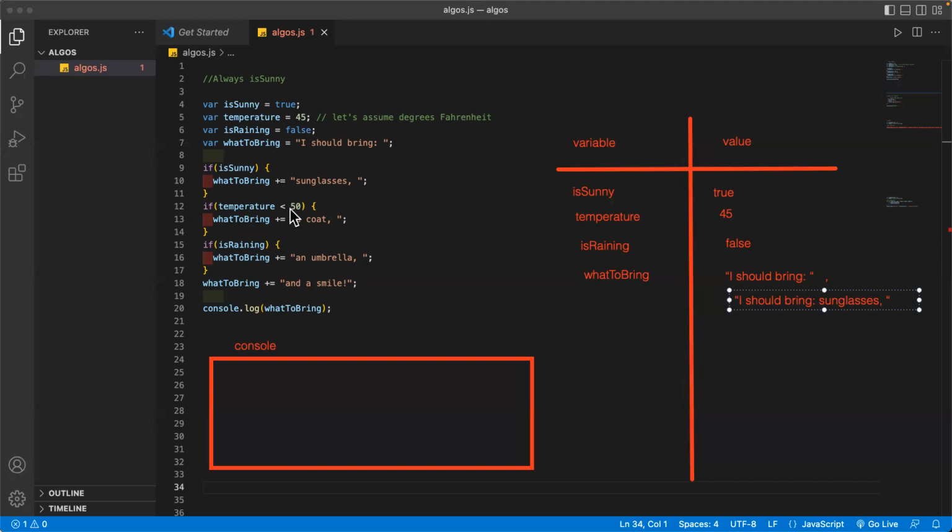All right. So let's check what is temperature right now? It is 45. Yep. So is 45 less than 50? Yes. So we are going to add again to what to bring. So what to bring is going to change again. So let's go ahead and do that. I'm going to add another comma, which means there's a new meaning to what to bring. So now I should bring